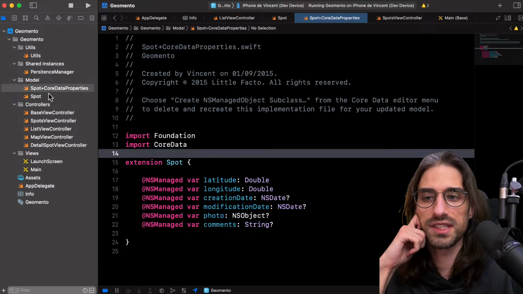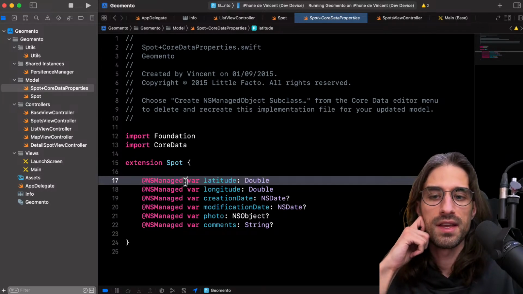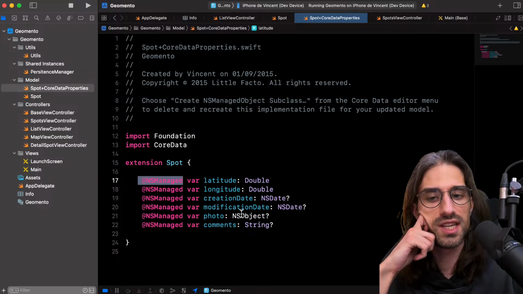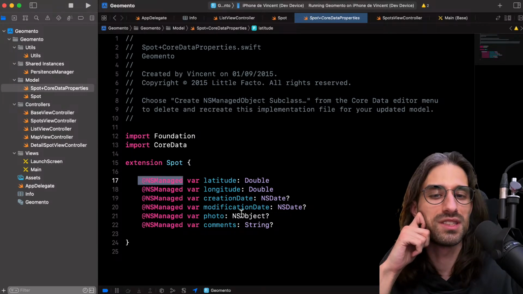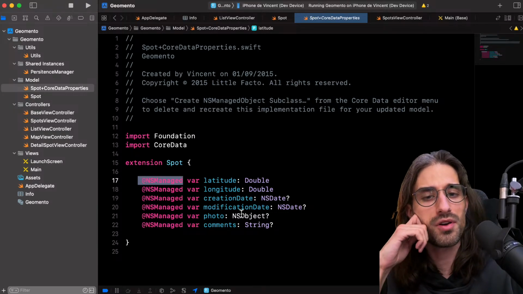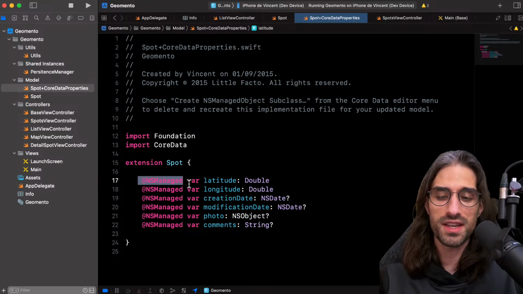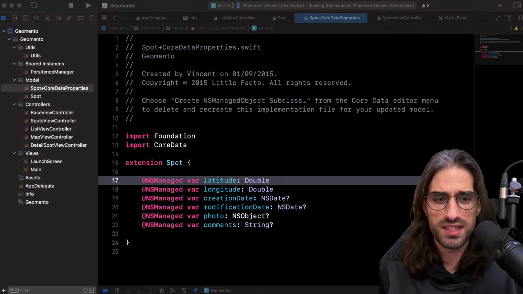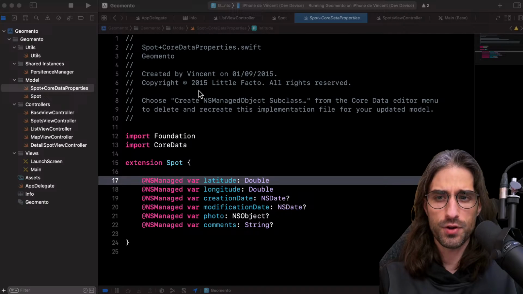And so here we have the Core Data properties. So this is generated by Core Data, and everything is NSManaged. A good opportunity to see that NSManaged is not a property wrapper, because we are in Swift 2 in 2015, way 4 years before property wrappers. Yeah, 4 years. NSManaged is a keyword of Swift that was added to make Swift interoperate easily with Core Data.